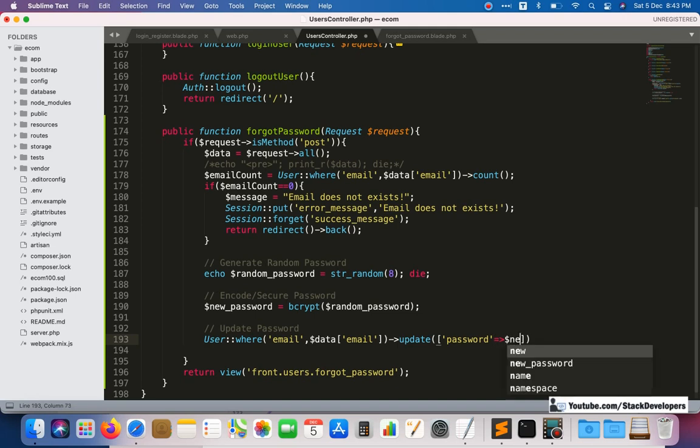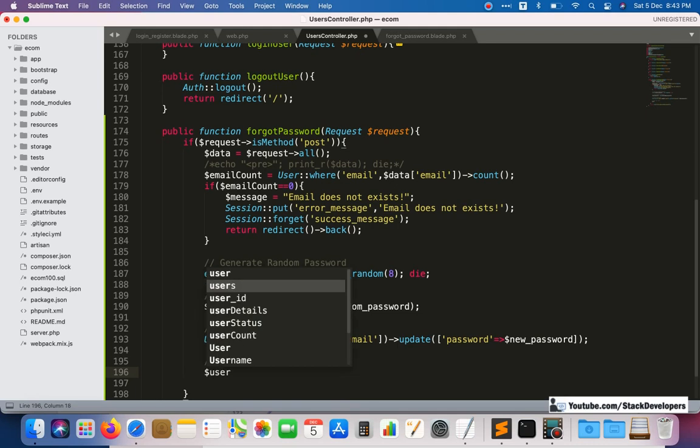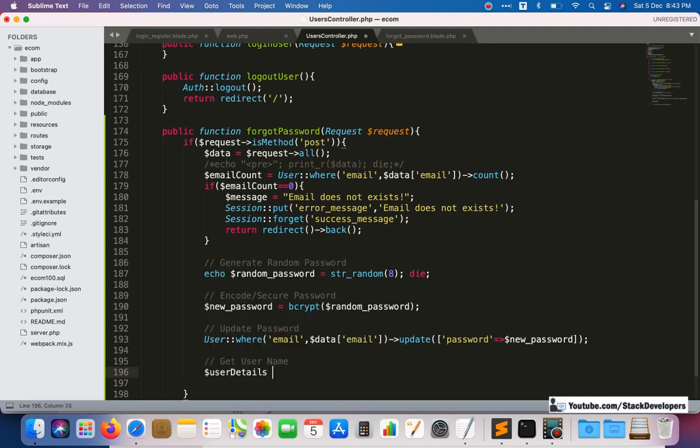And we are going to update this one with the new password. Okay, so I will also get the username here to show in the email. Now we are going to send the email. So I will do it like this: user details. In fact, we can simply add here username,